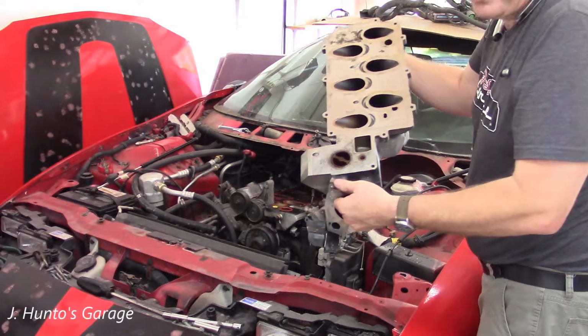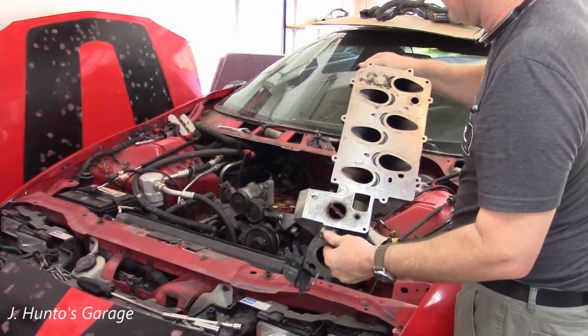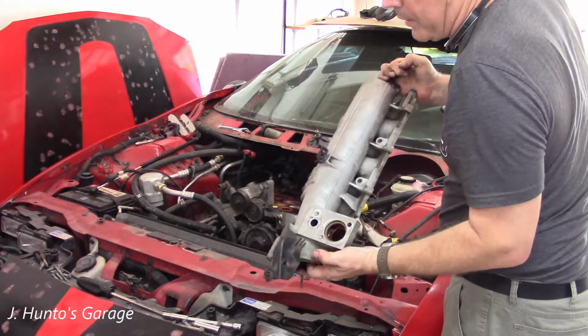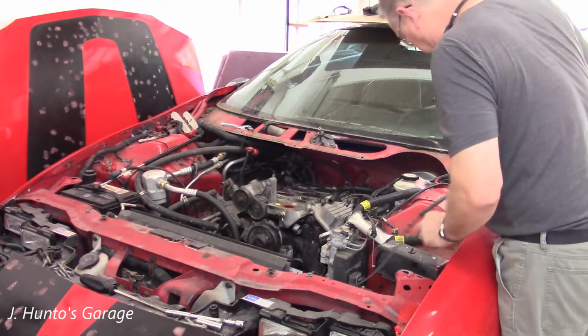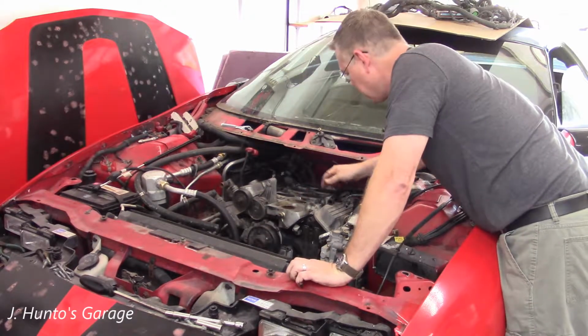Isn't this the weirdest looking thing? Guess that's how you get 200 horsepower and 225 foot-pounds of torque out of a V6 with no power adder. Where is my pocket screwdriver? Now I can get to the upper intake manifold,